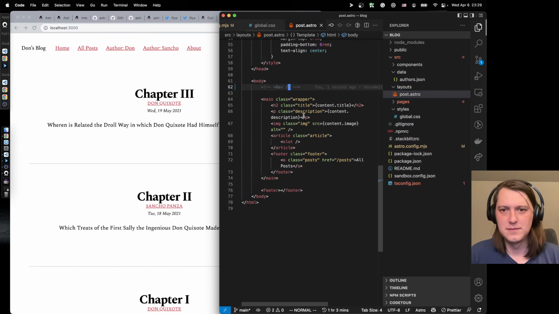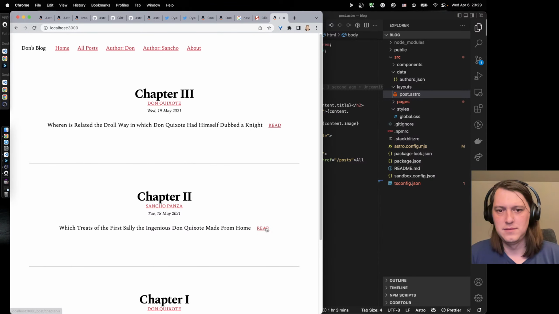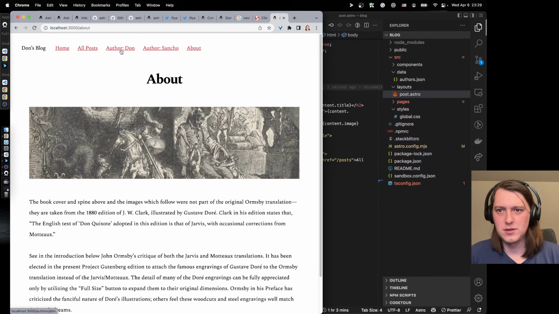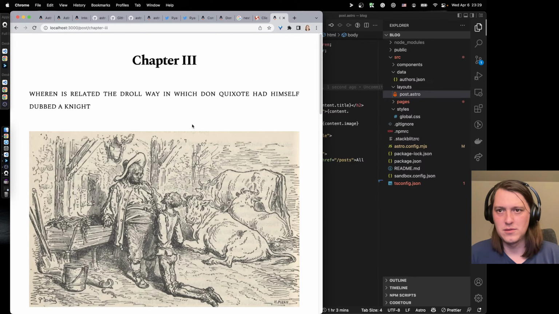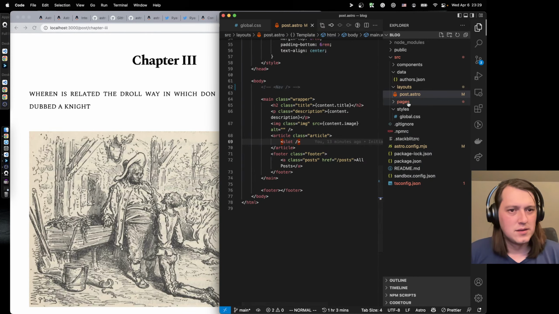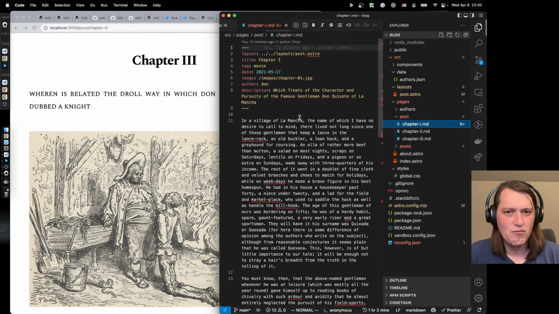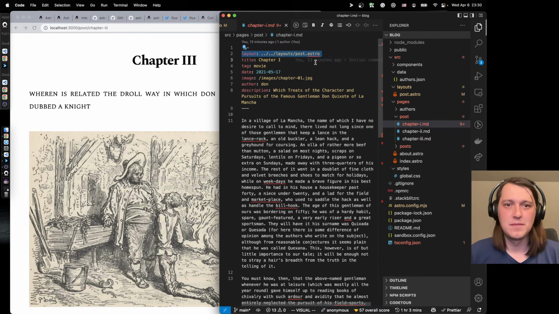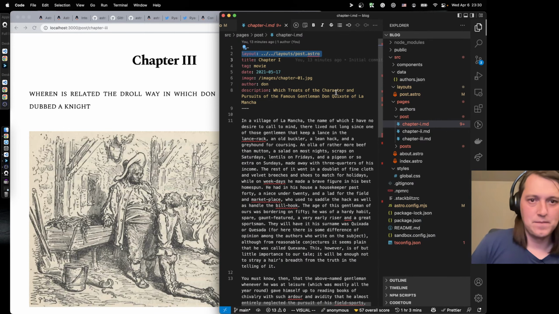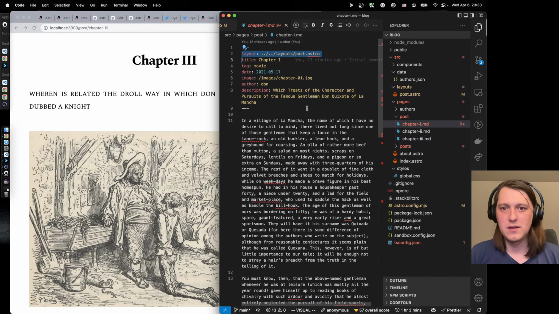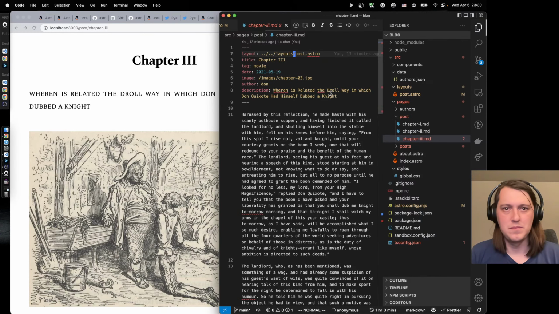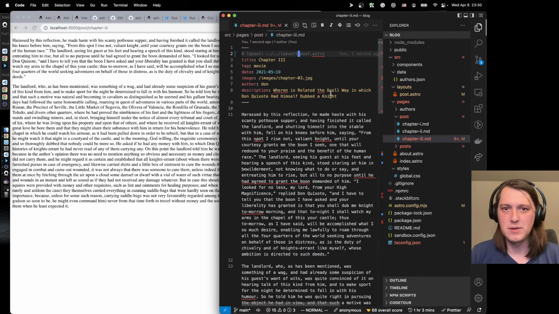So not working for any of that stuff. It only works like that. So pages past the layout. I see now. Okay, so if I touch chapter 3 and remove layout from it,